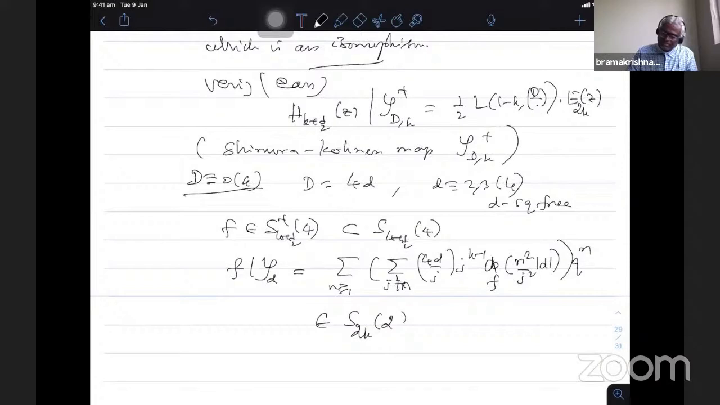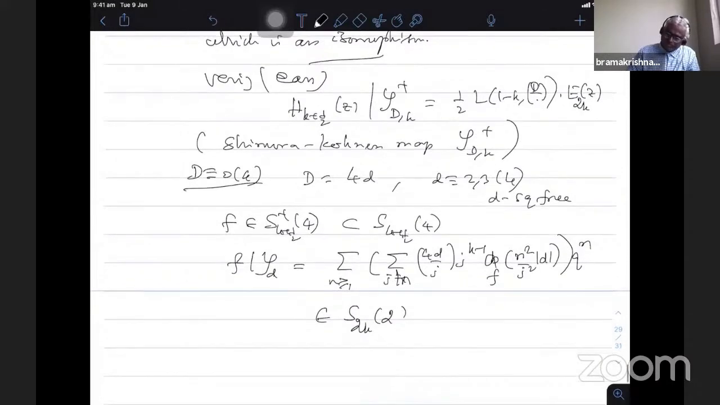The Shimura map extends S_{k+1/2}^+(4) to S_{2k}(2). Now note that f is in the plus space also. So note that a_f(n) is 0 if (-1)^k n is congruent to 2 or 3 modulo 4. Therefore, this implies